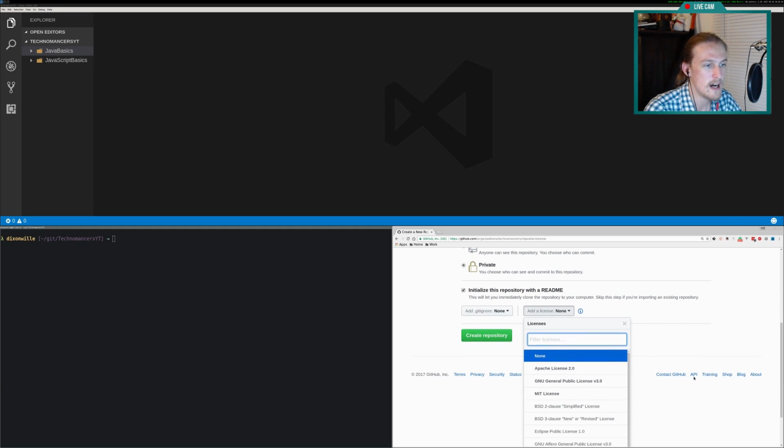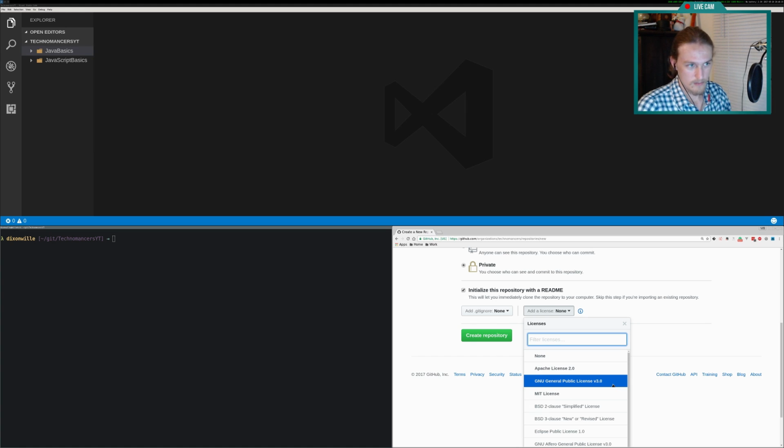And a license, my personal opinion, you can add a license to your project. I like using GNU General Public License version 3. Little shameless plug here, but with that, it means your code is open source. People can use it for free. But if they make modifications to that code, they have to give you back that source so that you can use it as well. So I kind of like that one because it goes with the open source community. I give you code. If you make that code better, please give it back so that I can also benefit